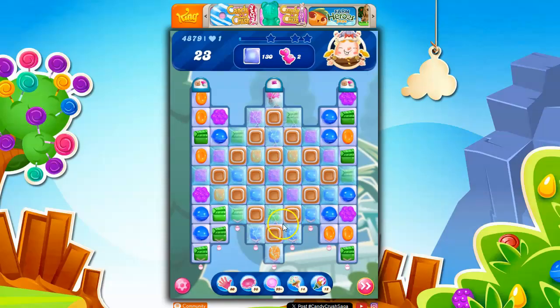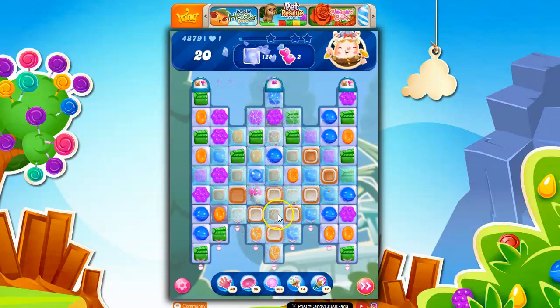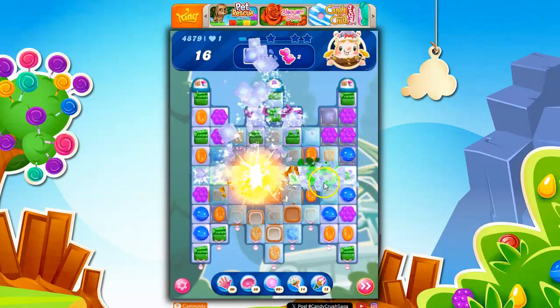Okay, so we're going to try to bring down both the dragon and the wrapped. And now I want to explode that wrapped if I can. But if I can't, I have to look around the board for other and better options here. Alright, so